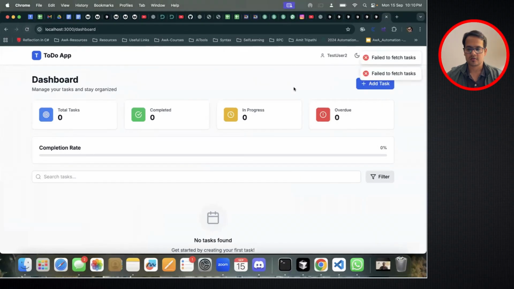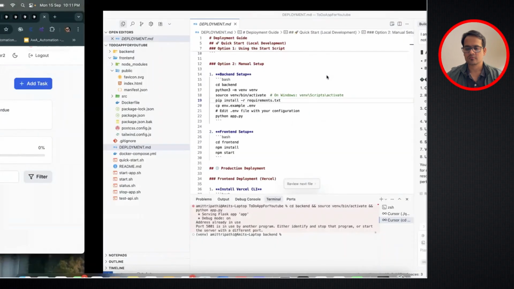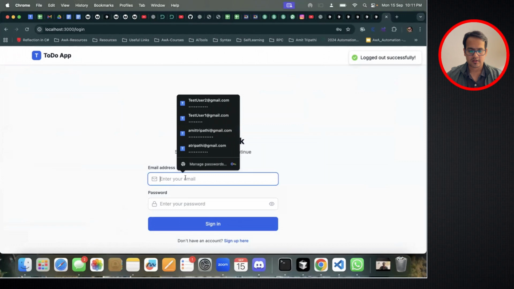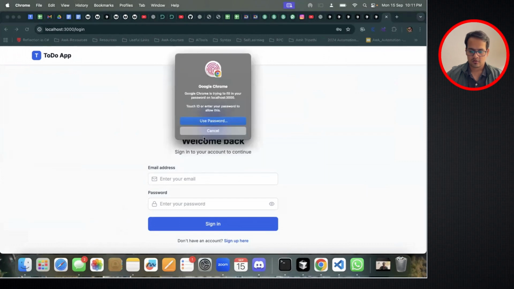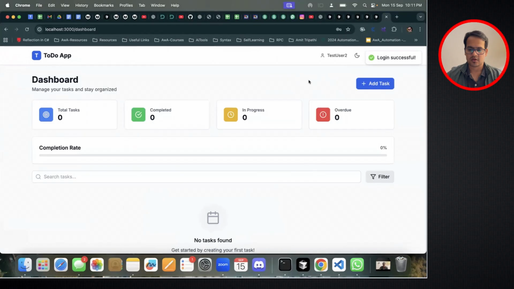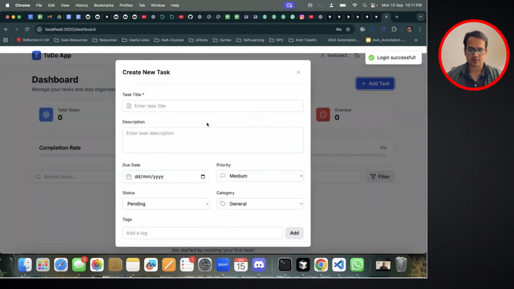It is running. So what we should do, I'll just quickly log out and then log in, just to see if it is working fine. So login is successful. If I just try to create a new task, today's task is